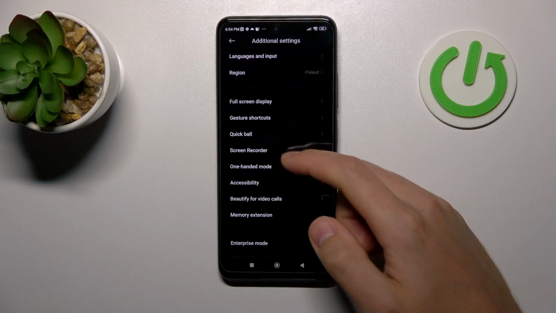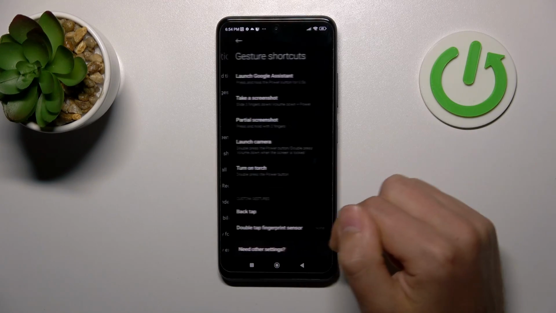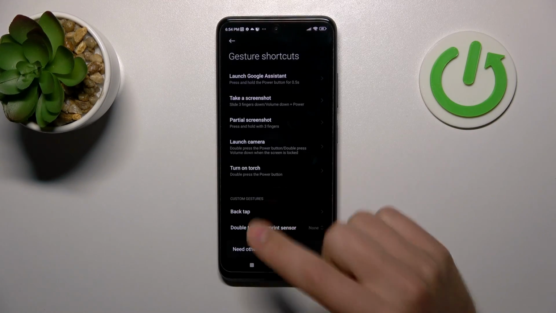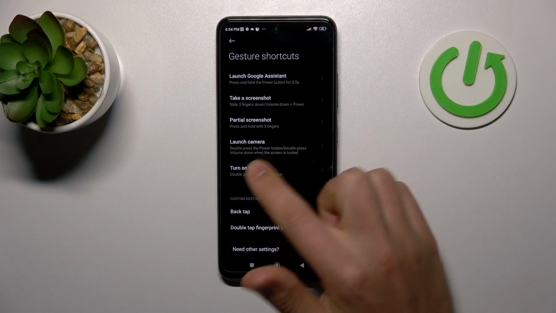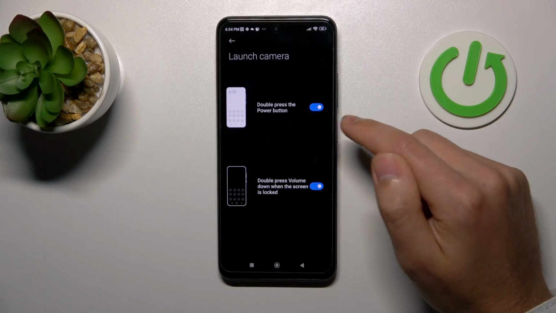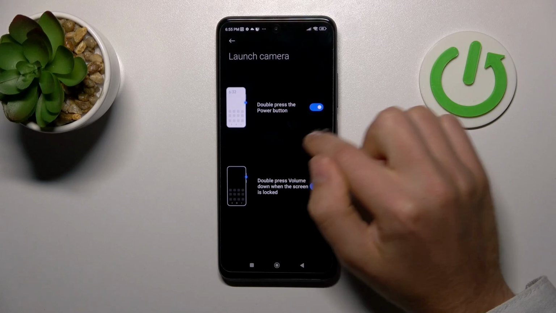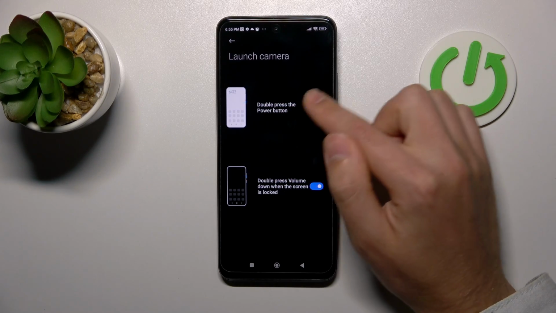Go into, here choose the Gesture Shortcuts option, and now for example I want to turn off the launch camera option, so go into this option, and to turn off for example this one, double press the power key, you need to deactivate this